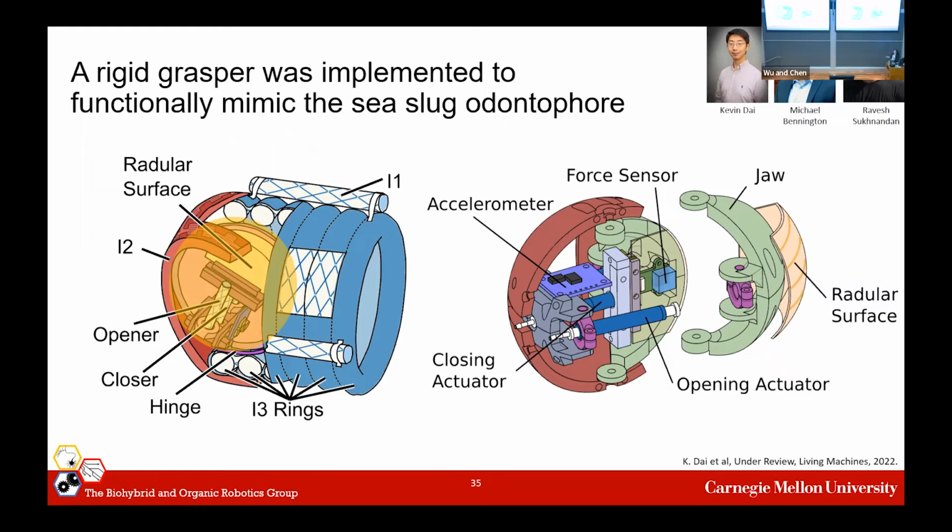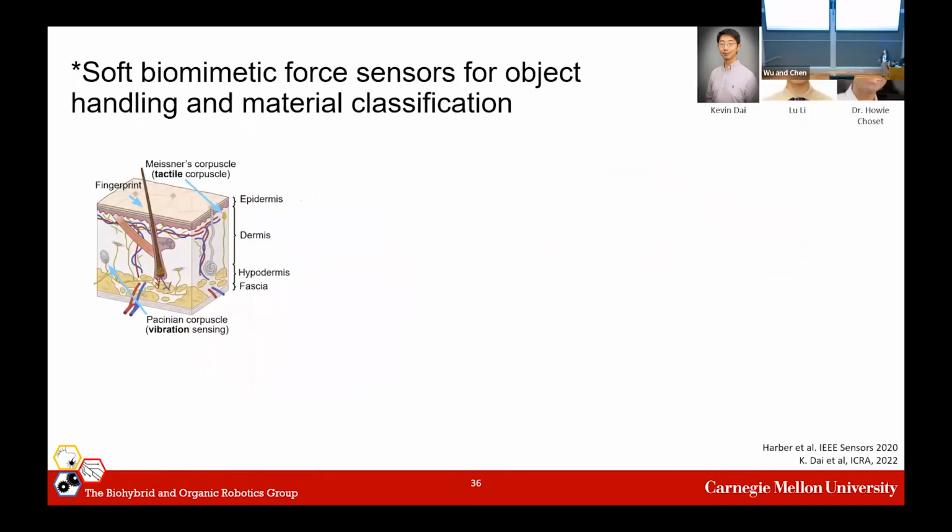So fortunately, in parallel with this work, as a bit of an aside, we were collaborating with Luli and Howie Choset on another project in the Robotics Institute at CMU to create biomimetic force sensors. So we'll step away from slugs for a second and talk about tactile sensing. We needed this tactile sensor in our robot. And in this work with Dr. Choset's group,